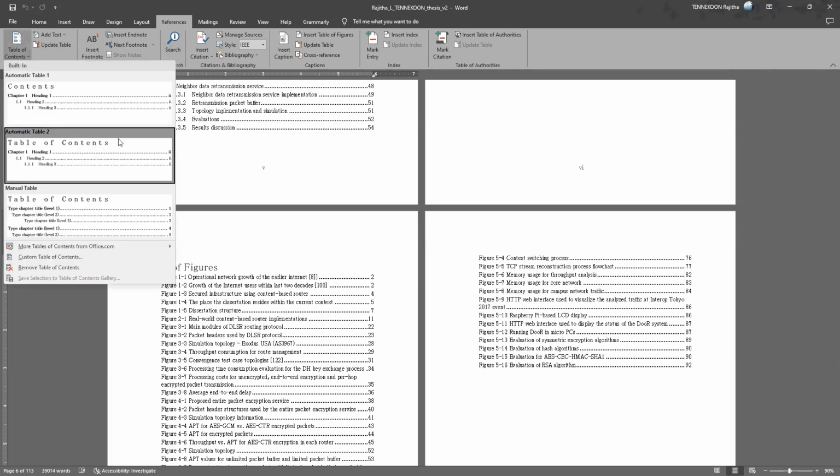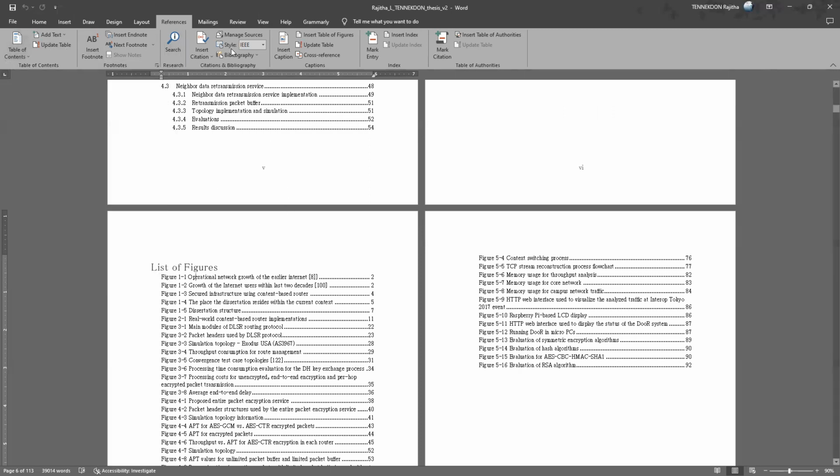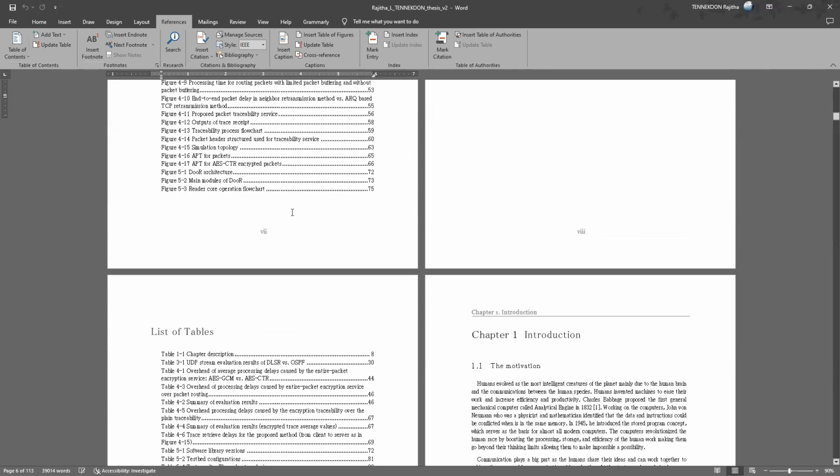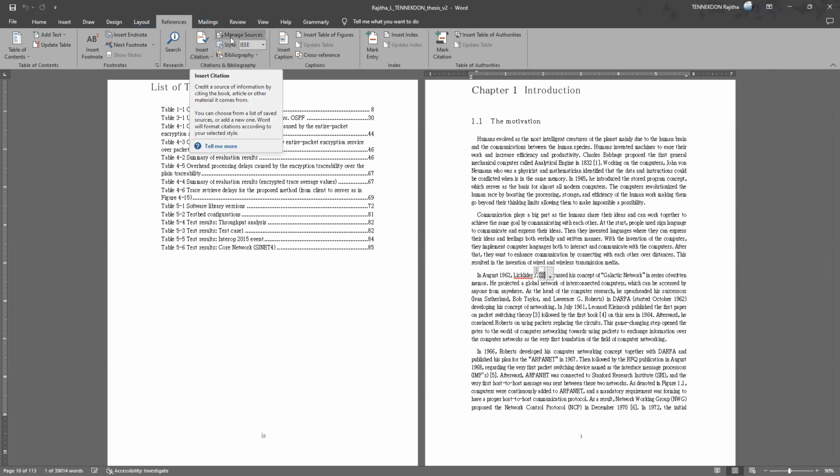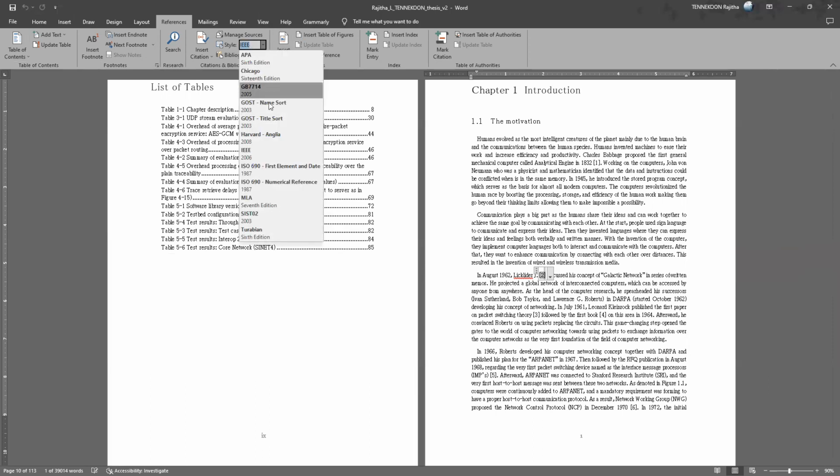For the references, you can generate them using this one. Under References, you have the citations. Click Manage Sources. You have to select the reference style, IEEE or Harvard.